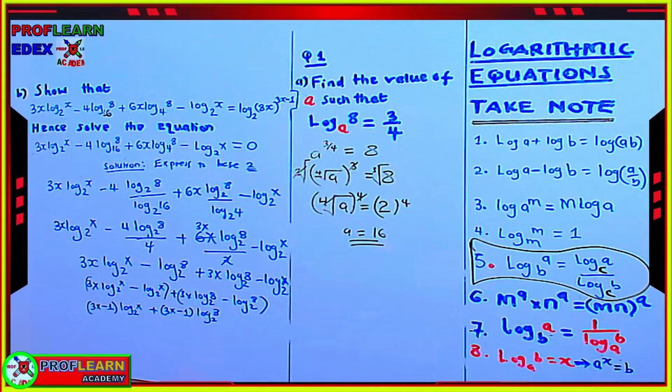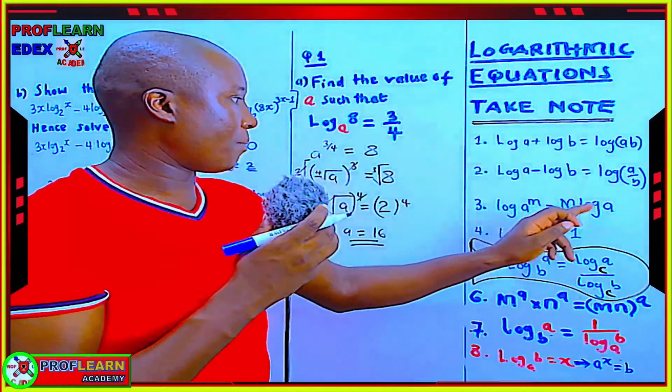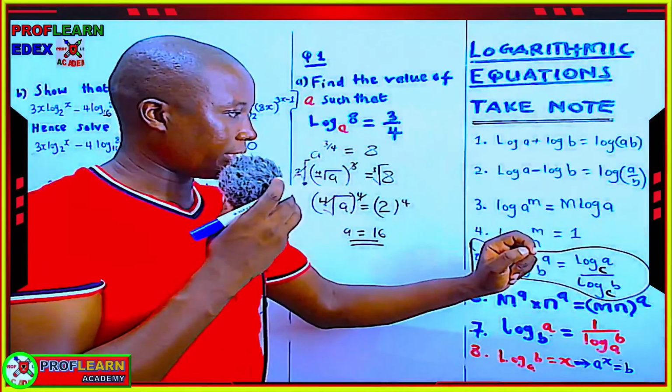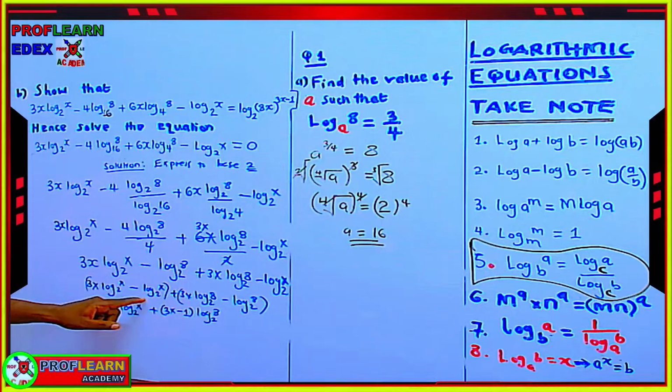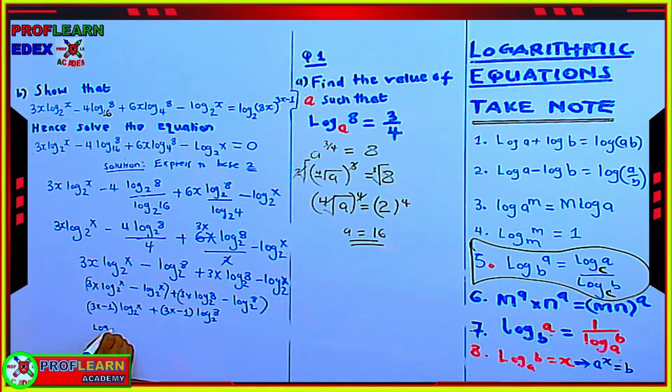So if we have this, we can see that using rule number 3 in reverse, if you are having m log a, you can take m up to be the power of a. All right, and that is exactly what we are going to do. Let me just try this. This can be written as log x power 3x minus 1 base 2